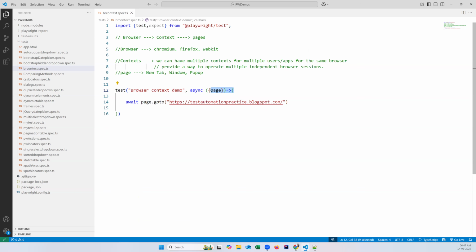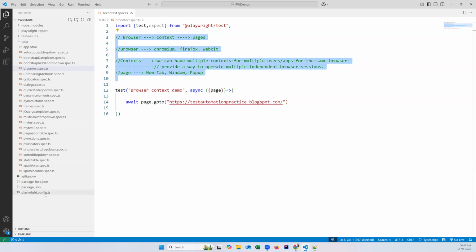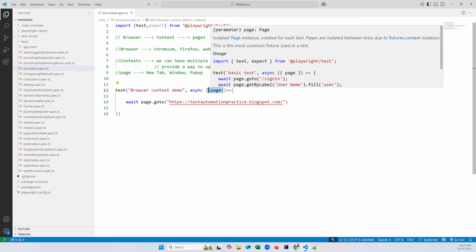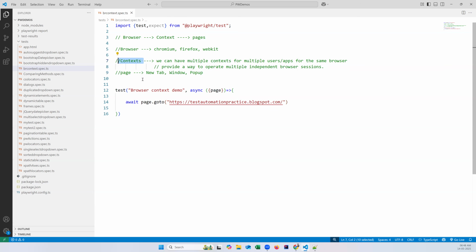That will be used. Okay, for example, I don't want to directly go to my page. I want to create my own browser, then my own context, then my own page, without depending on the configuration file. Then what we need to do, instead of the page, is go a little bit above. We can create a page based on the context, right? So now what I will do is, instead of a page, I can pass